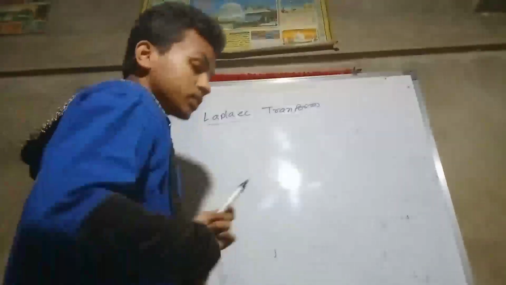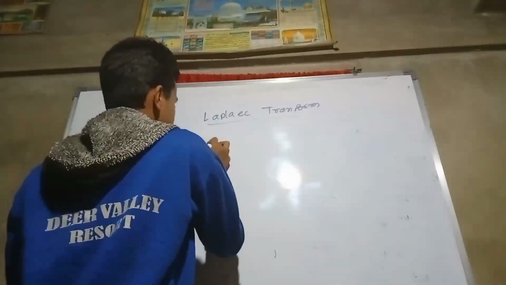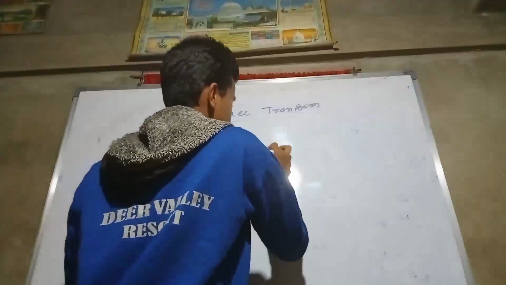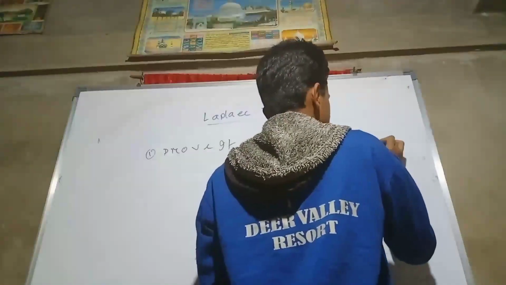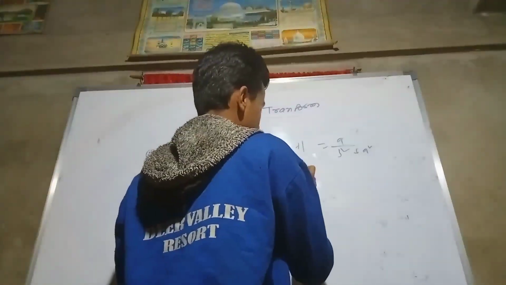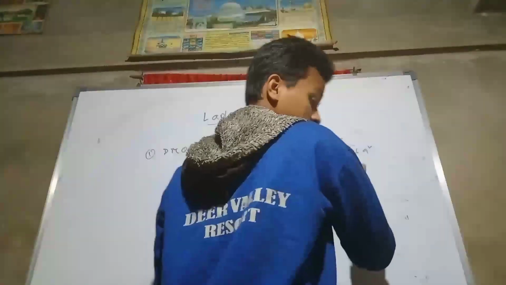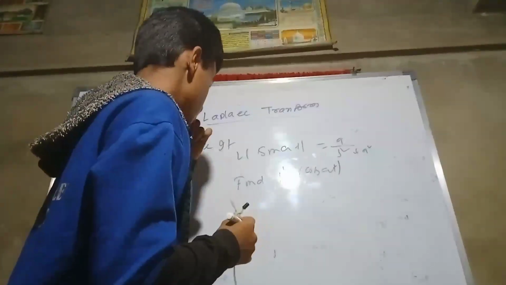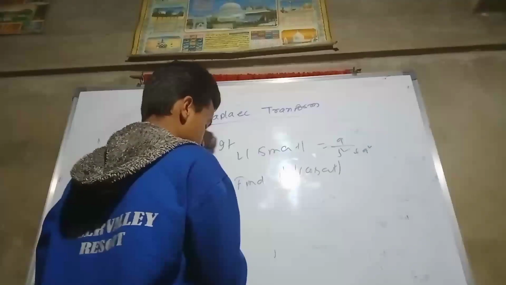we are going to expand. You can find a Laplace transform, prove it. The Laplace transform of sin a t is given by a upon s square plus a square. Okay, find the Laplace transform of cos a t. You can easily prove it. There is nothing to worry about. First, what we'll do? Use the